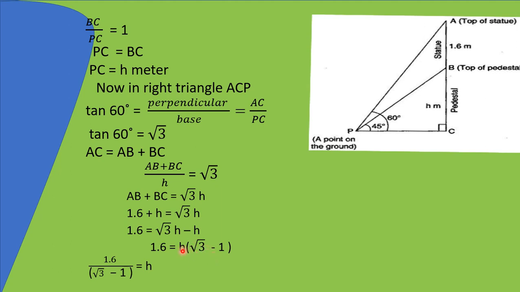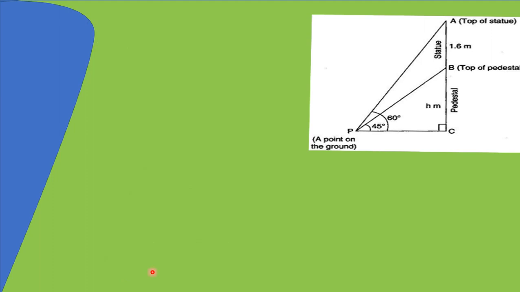And the value of H, this root 3 minus 1 here on the right hand side is in product form. So when it goes to the left hand side it will become the denominator. So 1.6 divided by root 3 minus 1 is equal to the height of the pedestal. Now root 3 minus 1 is in the place of the denominator. So we have to